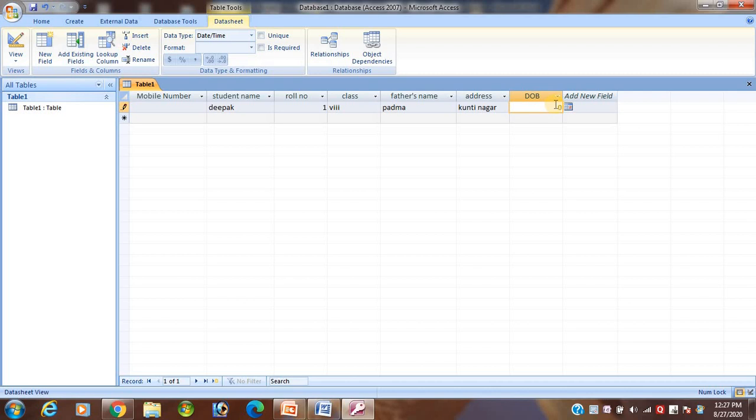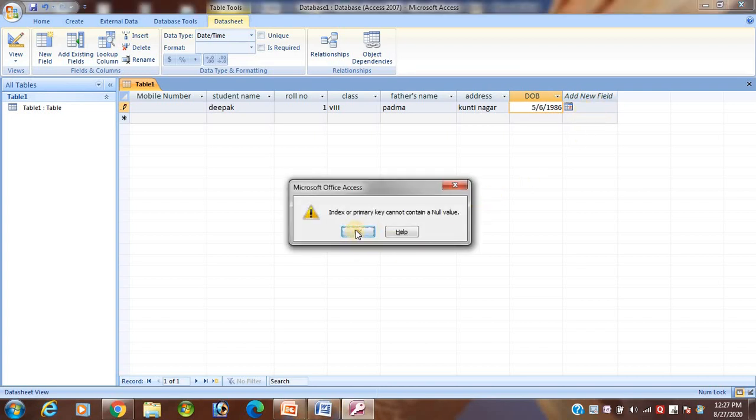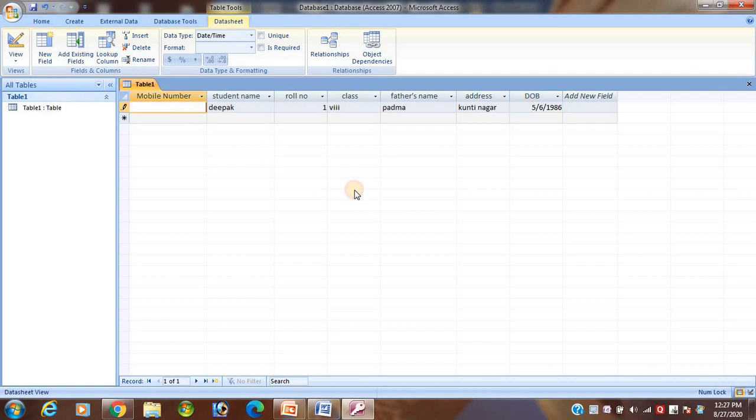Okay student, suppose 5 6 1986. Okay, then you see the index of primary key cannot contain a null value. Okay, you should not give the null value. Which one student? This one, because this one is a primary key. Yeah, this one is a primary key.